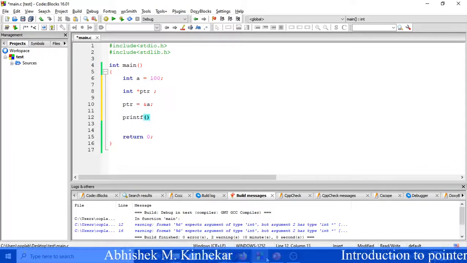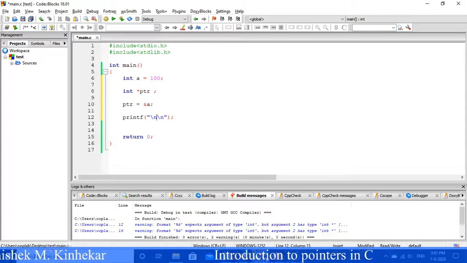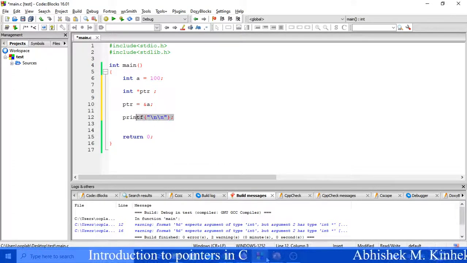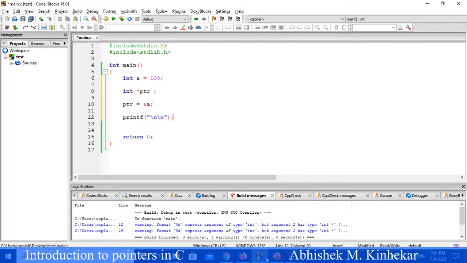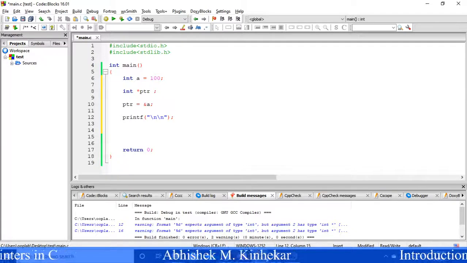printf with \n. Let me copy this first. Now I will be printing the value of a first.